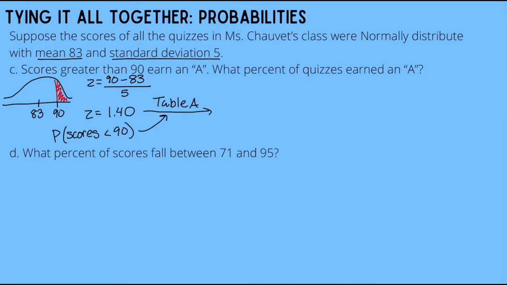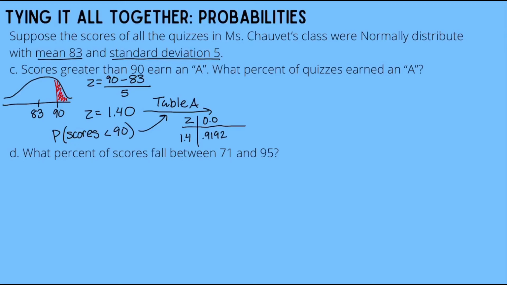And for table A, again, if we have our table here, we want to look for the first 2 numbers in our z-score in the rows. So we're looking at 1.4. And the second part, so that third digit in our column. So in this case, we're looking at 0.0. And if you look at table A for that, we should get a probability of